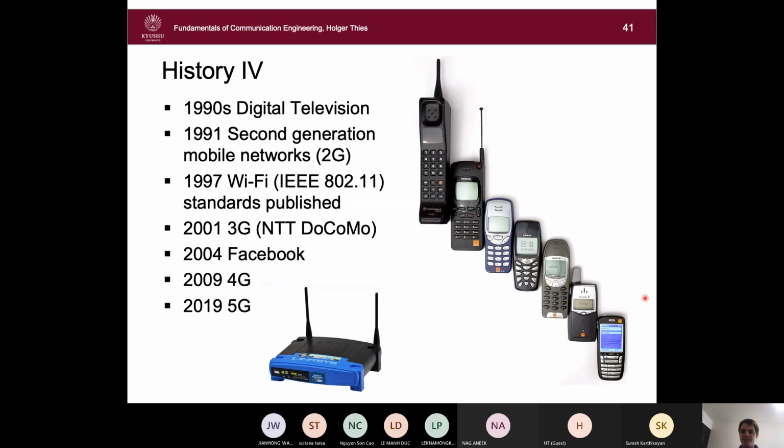And well, the main difference is that there are even higher bandwidths. 4G made video streaming and larger downloads possible, and 5G will have even much higher data rates and less latency, allowing many applications, such as for the Internet of Things and virtual and augmented reality.